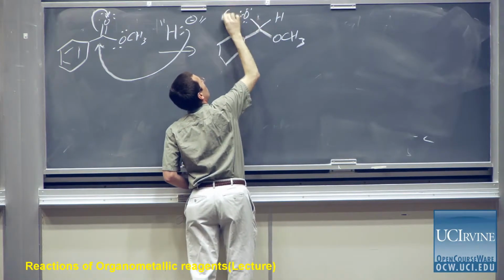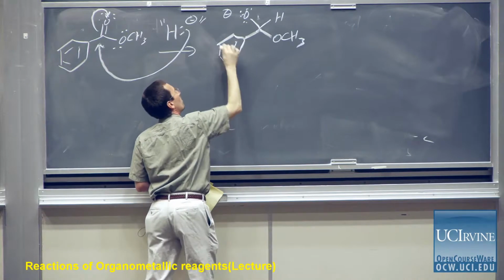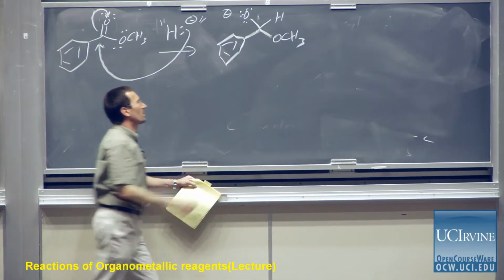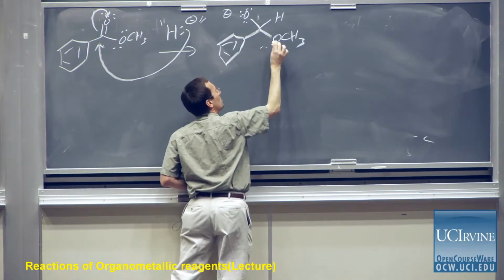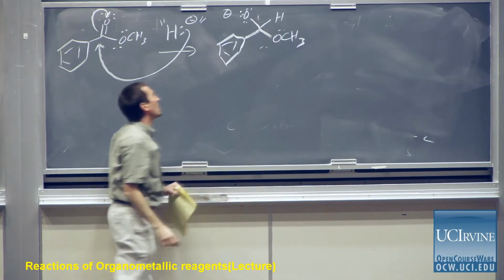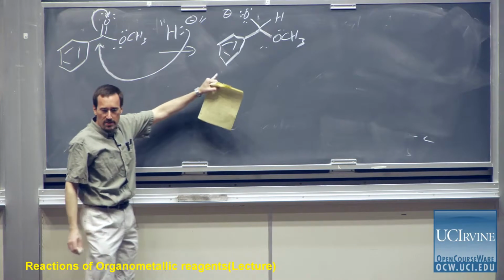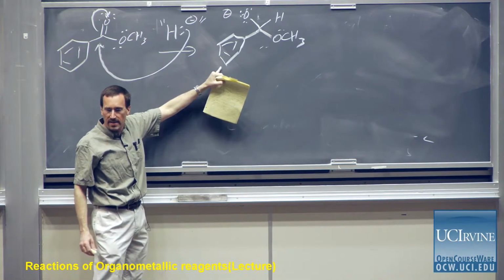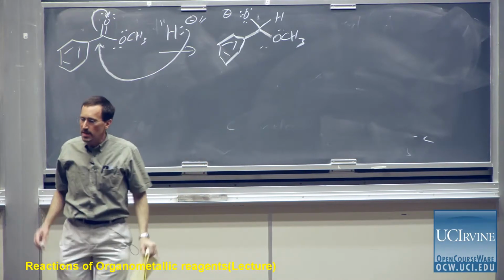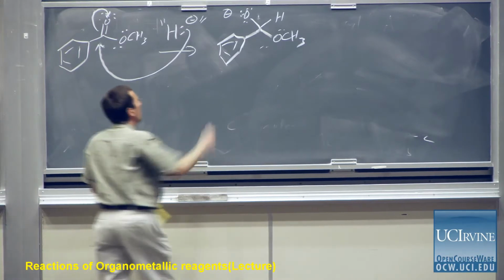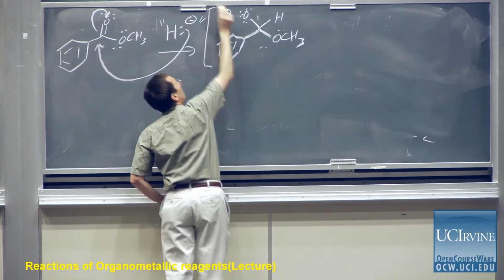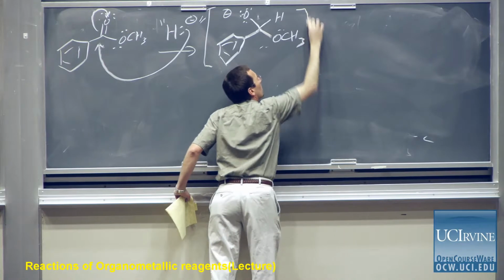And I'll try to be a good person and write all of my lone pairs, all 3 lone pairs of electrons around the oxygen, and then 2 on this other oxygen. Now, this is not a stable species. This is not something that you can isolate. It's an intermediate. And so I'm going to remind us of the fact that it's an intermediate by drawing it